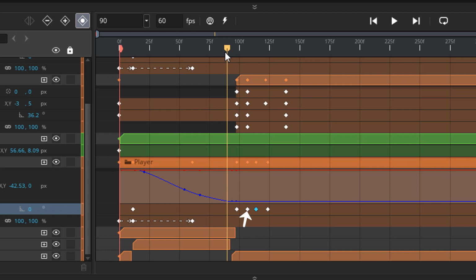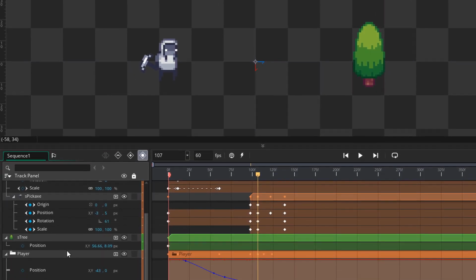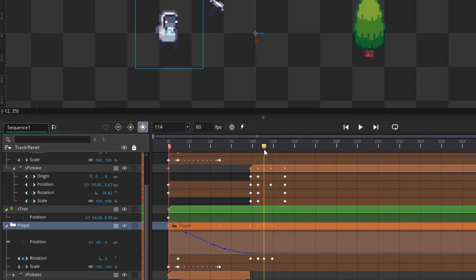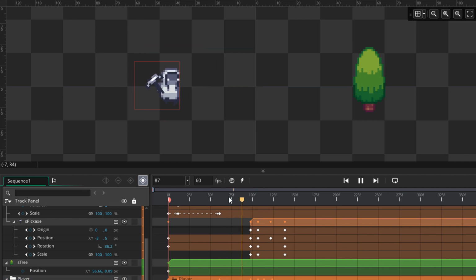In this keyframe the player's gonna rotate back, and in this one it's gonna rotate forward after throwing the pickaxe. So I'm gonna come to this frame and rotate the player back. And then I'm gonna go to this frame and rotate the player forward. So I'm gonna play the animation and now it actually looks like the player is throwing the pickaxe.